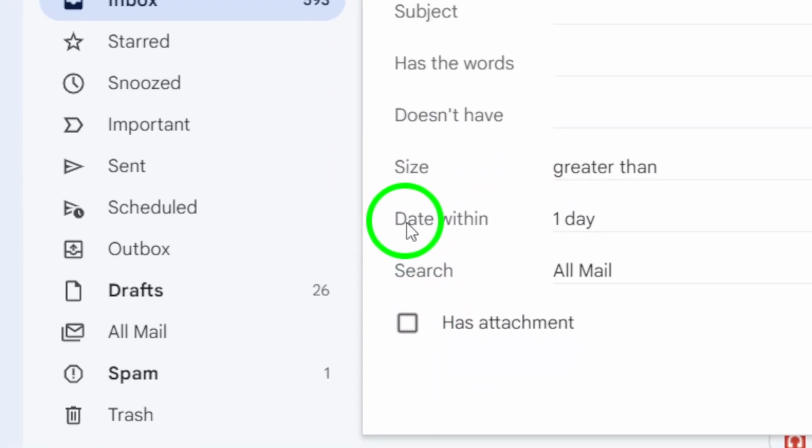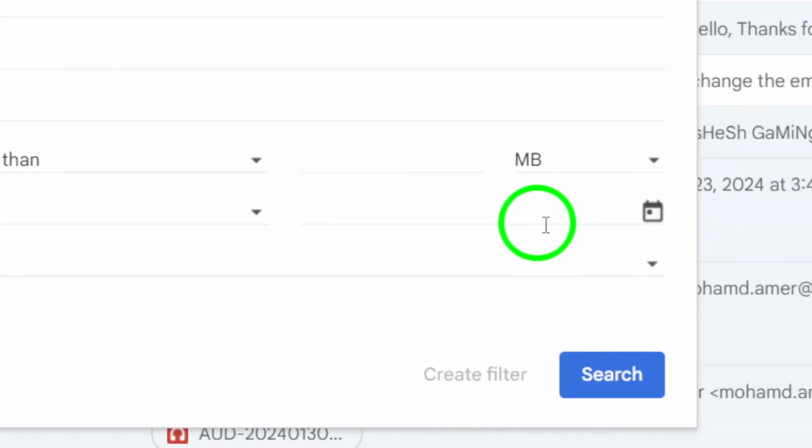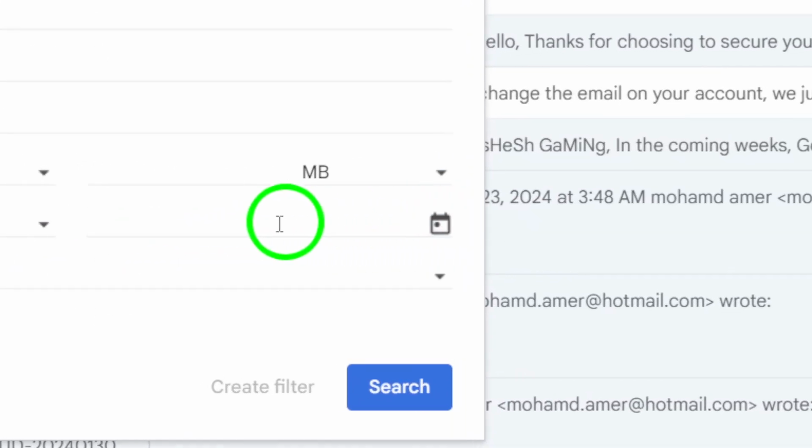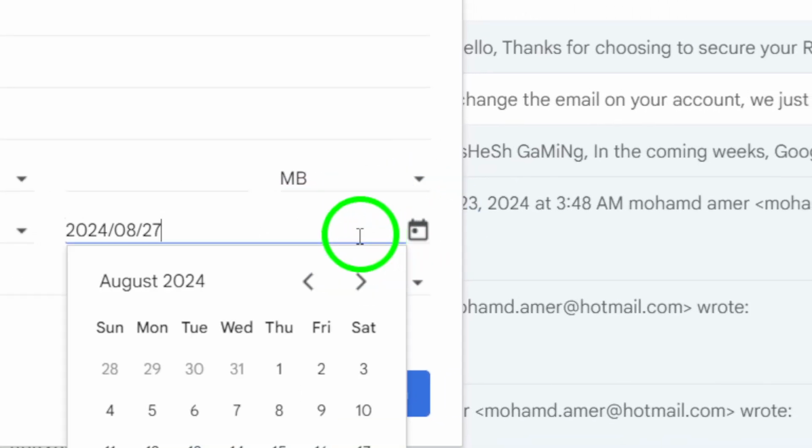Now you'll see several fields where you can customize your search. Look for the option labeled Date Within. Next to it, you'll find a calendar icon. Click on that calendar bar to choose the specific date you want to search for. This feature allows you to select a date range as well, so you can easily find messages from a particular